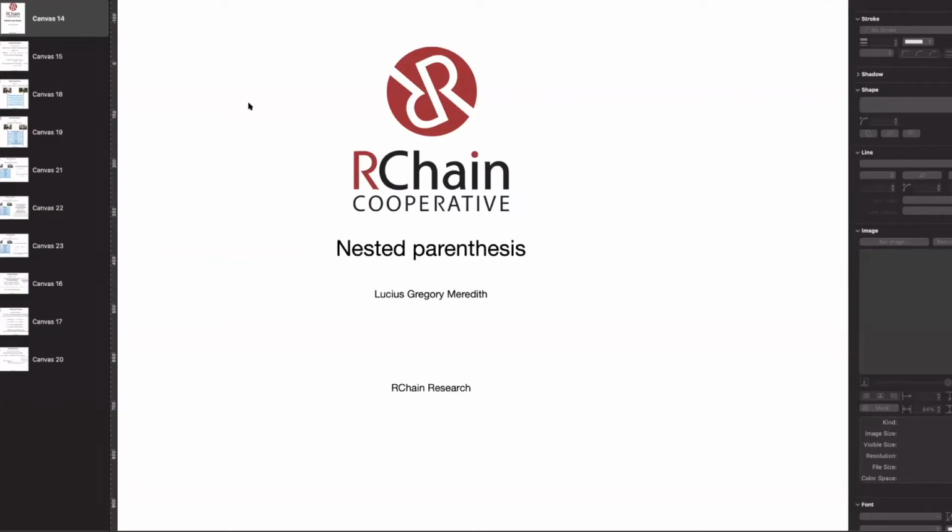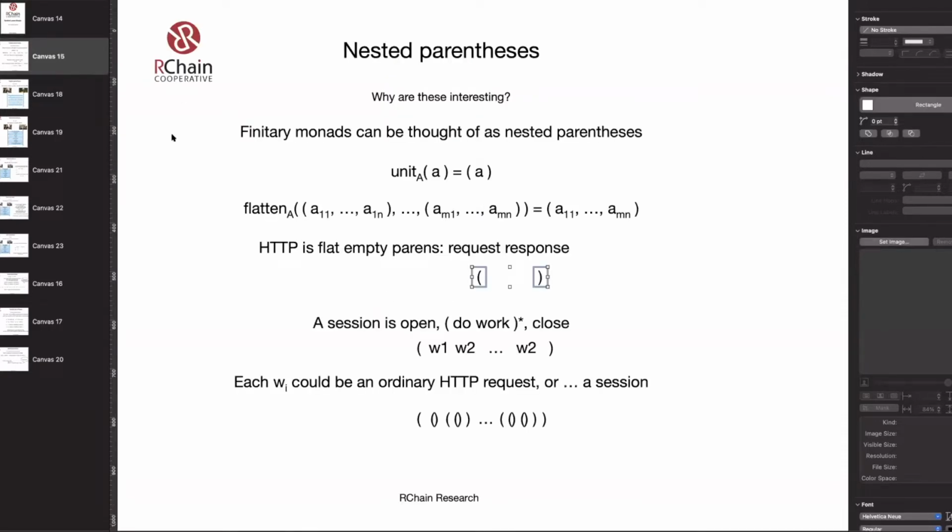Okay, I'm going to draw some connections between a few things that should be fun. One of the talks I gave at Microsoft's Channel 9 was that you can think about a wide range of finitary monads essentially as just colored parens.